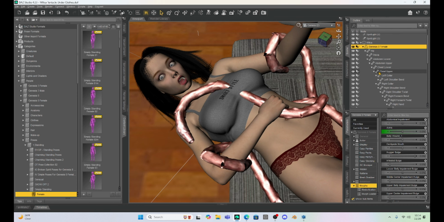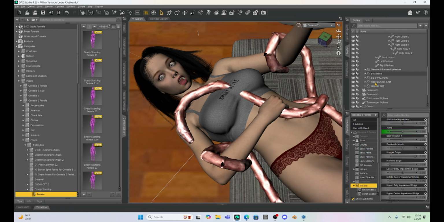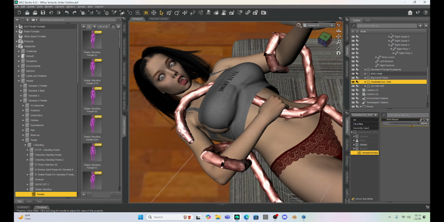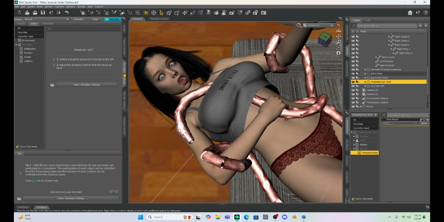So now in my Daz scene, I'm going to select her shirt, and when I go down to morphs, we're going to find this shirt morph, and I'm just going to raise it up so that it is above the tentacle. It's just above the tentacle. Now, we want to simulate this so it'll drop down on top of her, and I'll show you my simulation